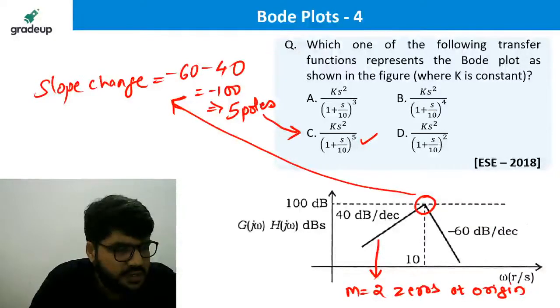Yeah, quickly take the screenshot. This is done. K can also be found, but they're not interested in the value of K. But you can find the value of K, again by the initial part. K can also be found, but not required. They are not asking in the option. They've just written K.